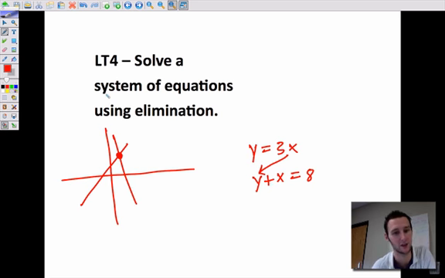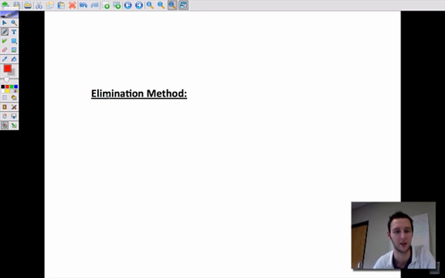Now we're going to do elimination. The elimination method is very, very useful in some cases, and it'll save you a lot of work in a lot of cases, especially if you don't have one variable already isolated and can't use substitution right away. The goal of the elimination method